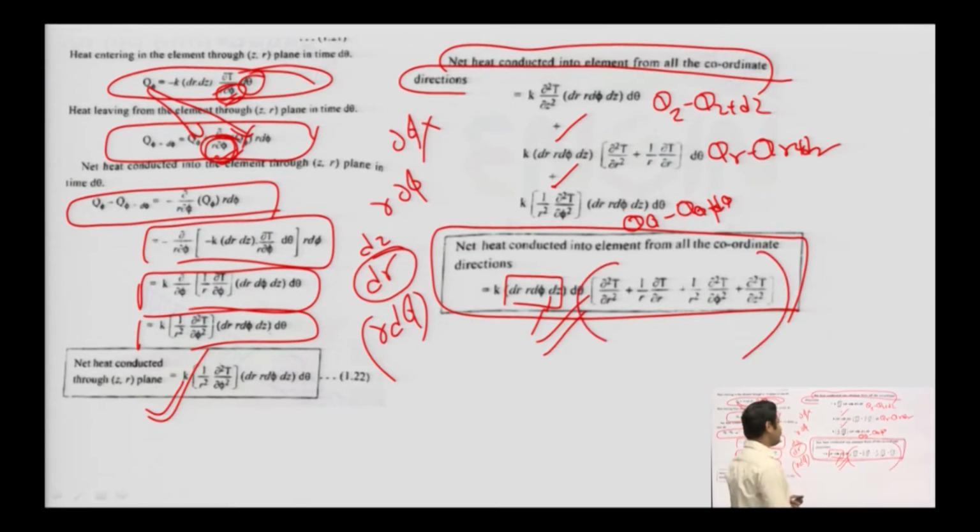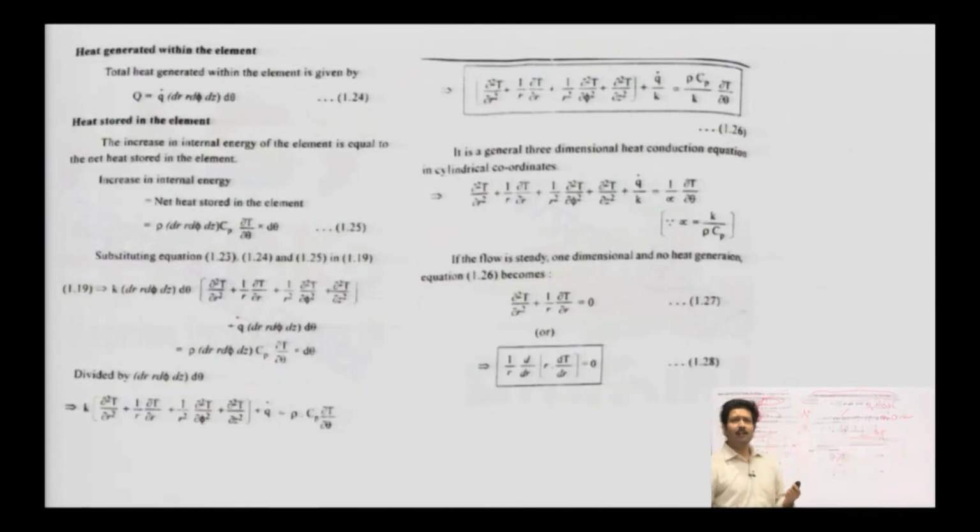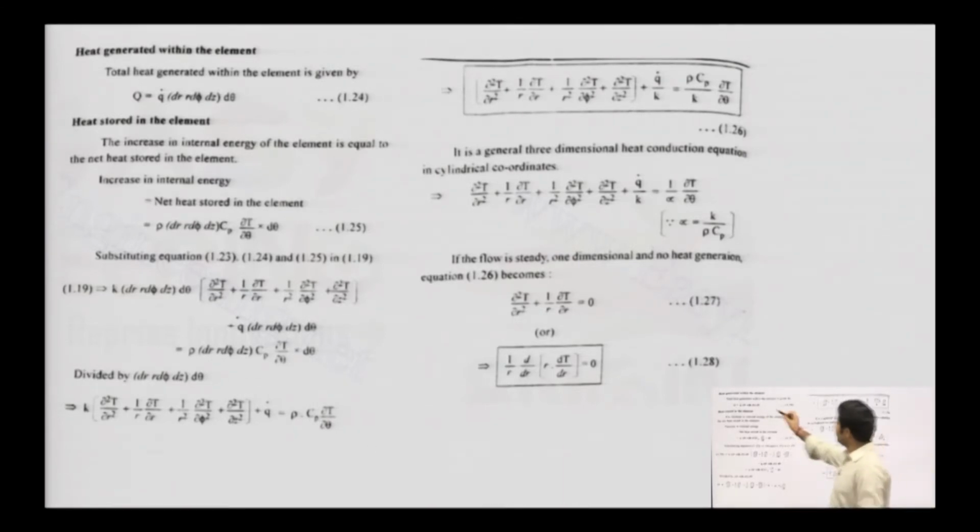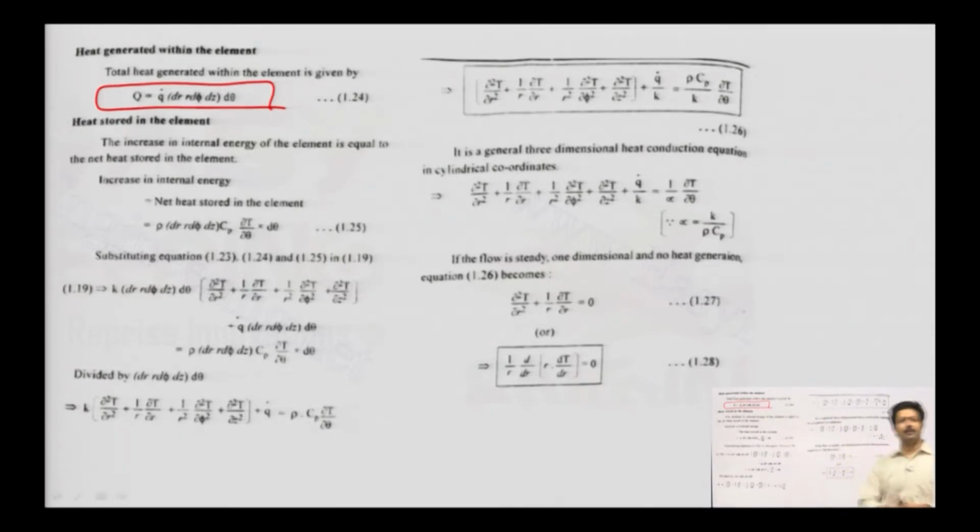But we are not ending it here. So the next slide goes like this. Heat generated within the element, as I have already shown you in my first slide, is Q into the volume. And if it is per unit time, or in some time d theta, you can actually omit d theta from each and every step. You do not require d theta, but you can go along with it. There isn't any harm.